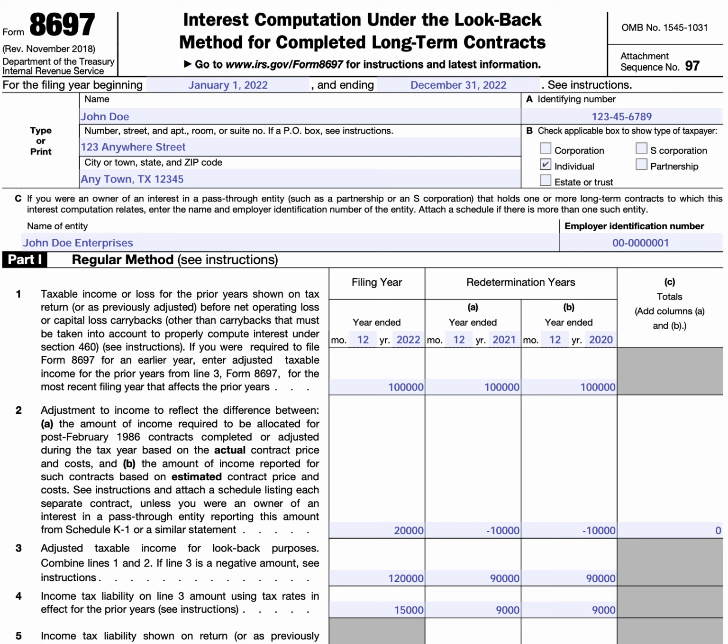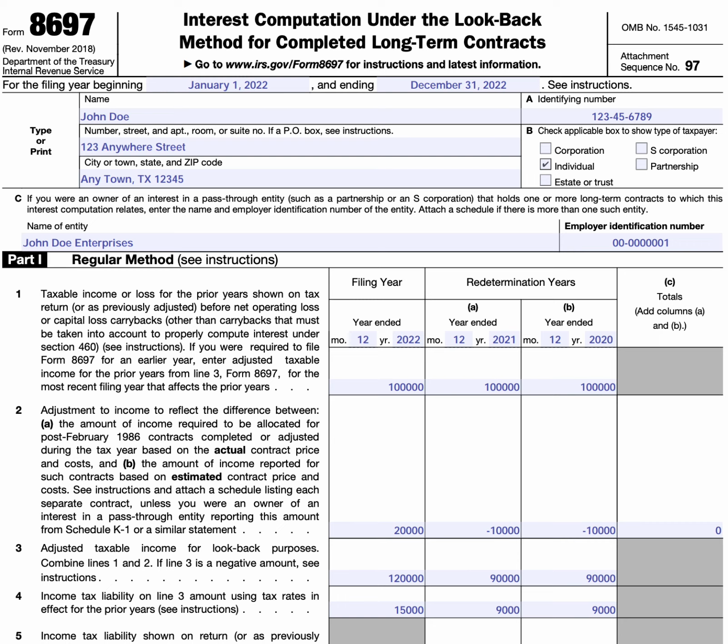IRS Form 8697, Interest Computation under the Look-Back Method for Completed Long-Term Contracts. The vast majority of taxpayers will probably never see this tax form, much less file it. And those who do file it will probably be using the services of their paid tax return preparer in order